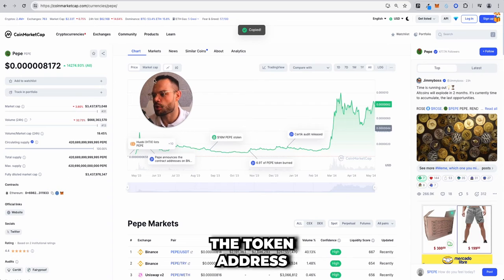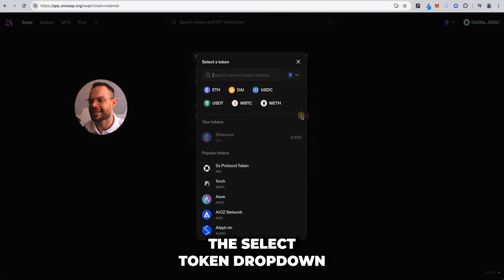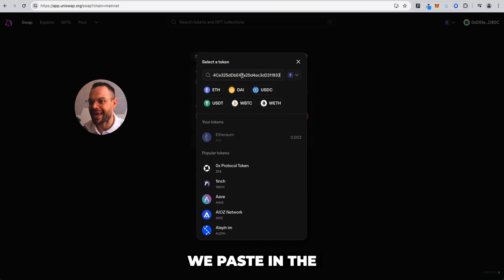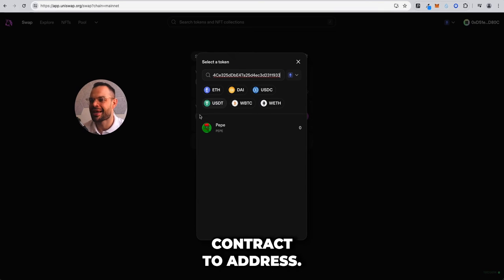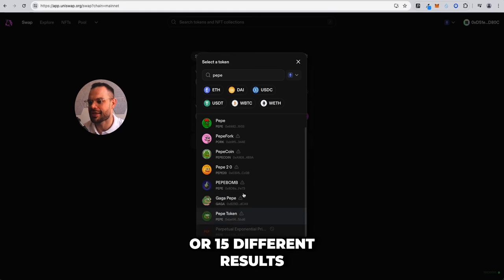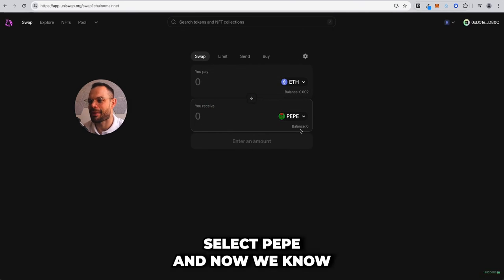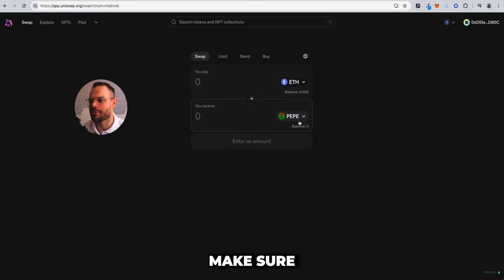So we copy the token address and we come back over to Uniswap, and by selecting the select token dropdown, we paste in the contract address. This means that we're definitely 100% correctly selecting the official Pepe token, because as you saw earlier, when we simply type in Pepe, there's at least 10 or 15 different results that we could choose from. So we're going to type in the token address, select Pepe, and now we know we're buying the correct Pepe token, because yes, there are copies, there are scams, there are frauds,